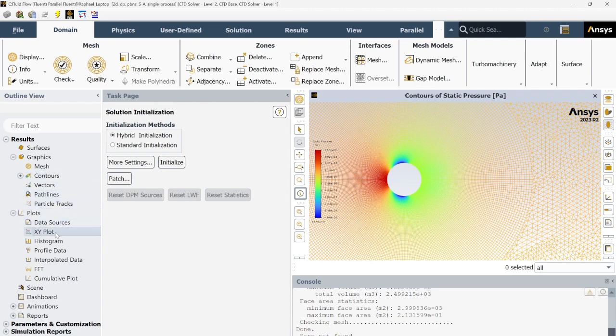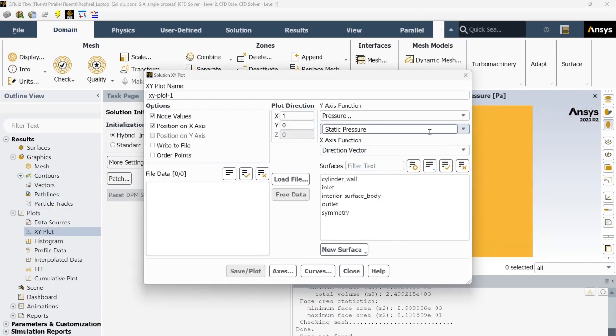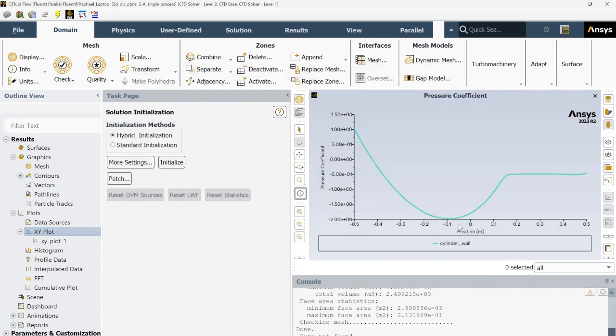And it does. And now we can plot our pressure coefficient on the cylinder wall, which is perfect. Starts at 1, goes all the way down to -2, and then ends up plateauing at around -0.47, which is about what we expected. It's lower than our laminar flow,